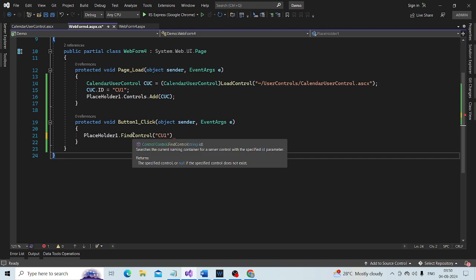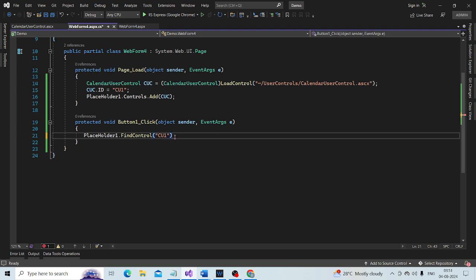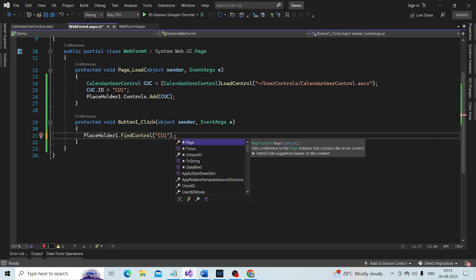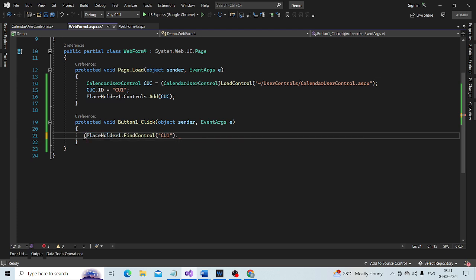So I am going to typecast that to be of type calendar user control.